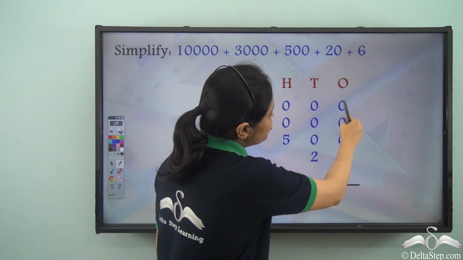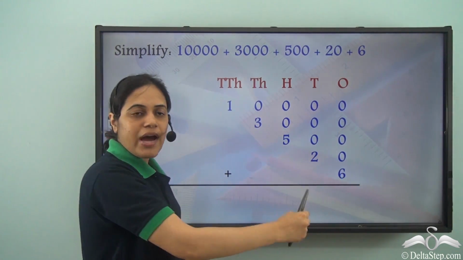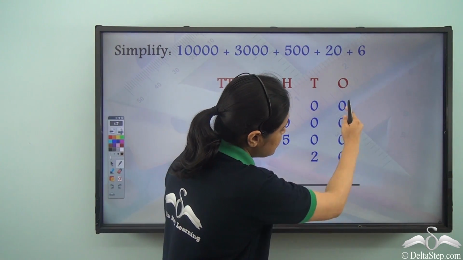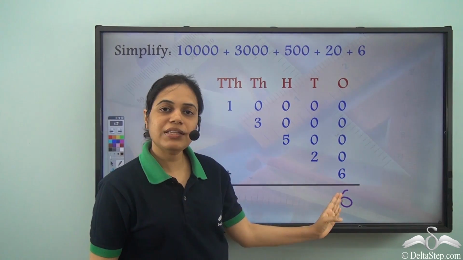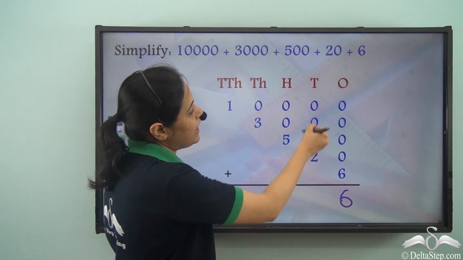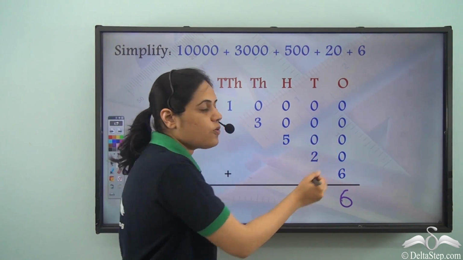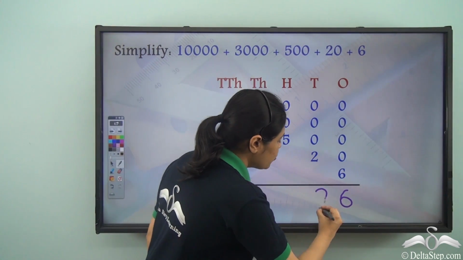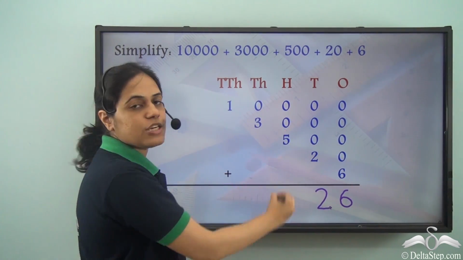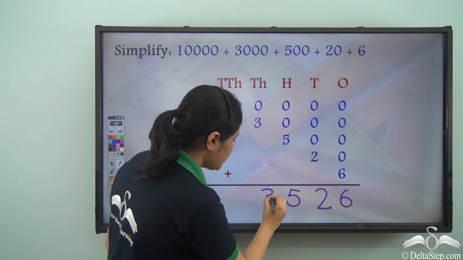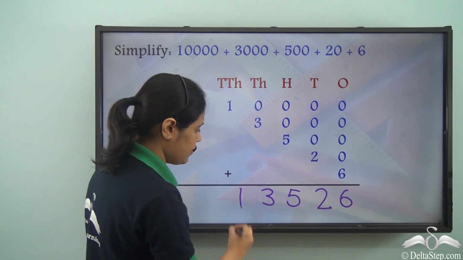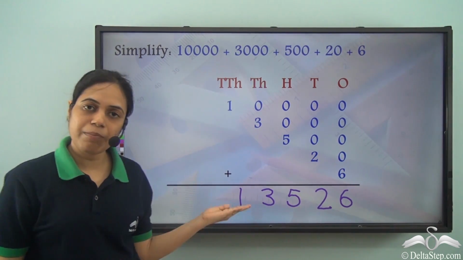There are so many zeros that I need to add and I have a 6. So I'll get a 6 here because 0 added to anything is the same number. Again I have 0 plus 0 plus 0 plus 2. So I get a 2 here. 0 plus 0 plus 5 is 5. 0 plus 3 is 3 and I have 1 here. So this is my number